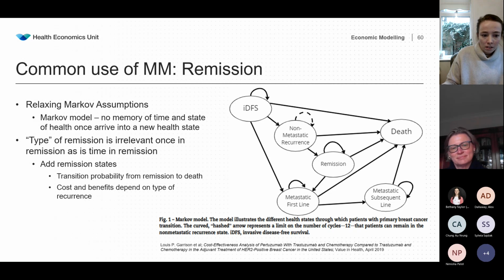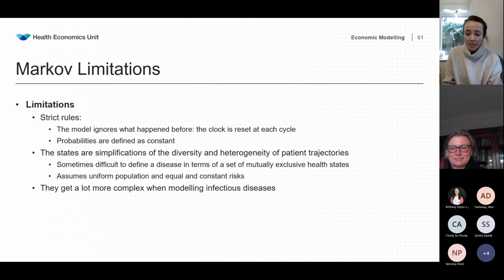So there are some limitations to Markov models. There are strict rules around time. The clock is reset at each cycle, and probabilities are defined as constant. In reality, this is not true. The probability of getting the flu or catching COVID or